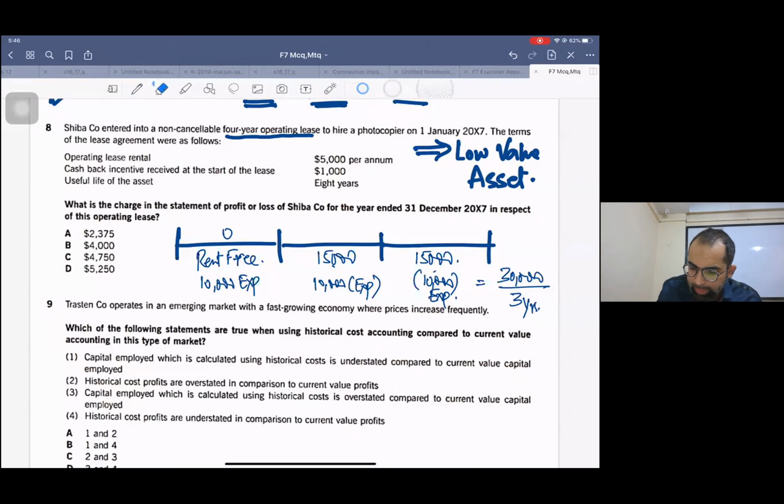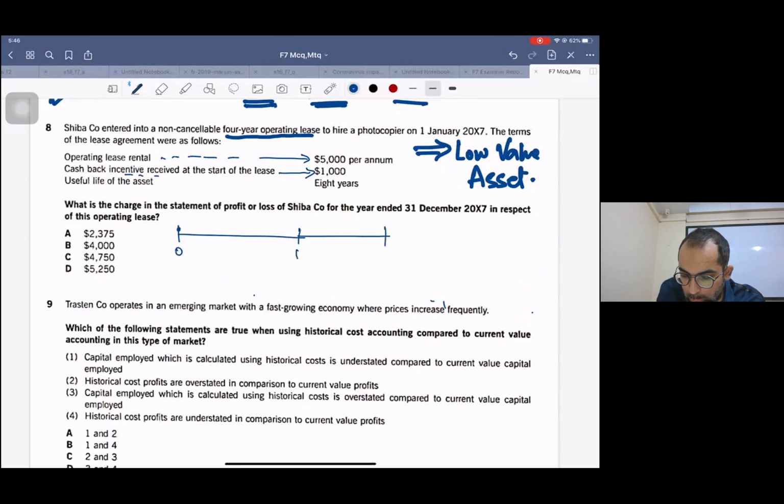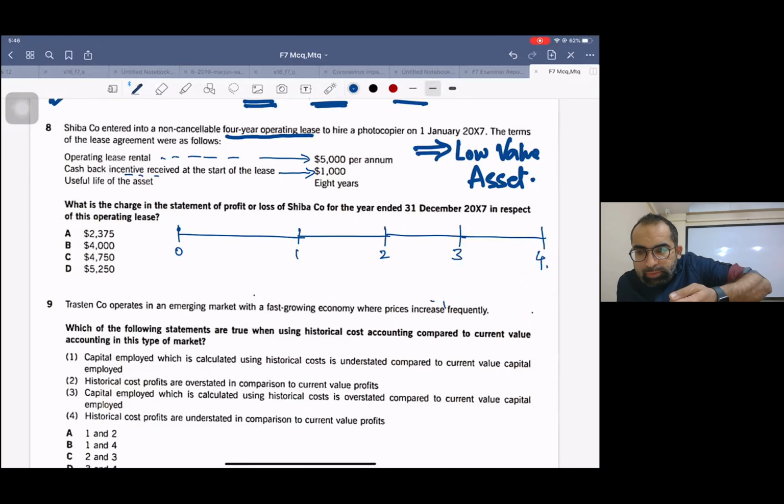See, now let me rub it and let me solve it for you. Wait, now I'll solve the real question. Your normal rental is, operating lease rental is 5,000 per annum, but you get the cash back incentive of 1,000. See this: 0, 1, 2, 3, and 4. So that means, look at me. In the first year you paid 5, you get back 1. So effectively you are paying 4,000 for the first year. But for the year 2, it's 5,